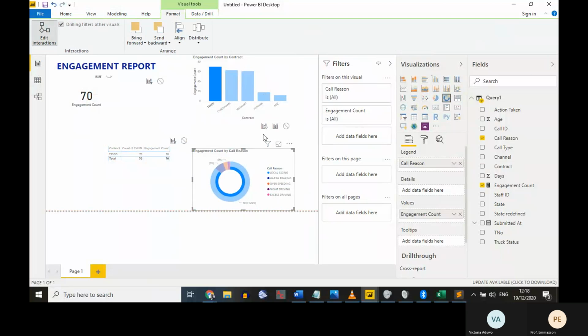So anytime I click on this particular one, filter this one. Instead of leaving everything together, notice the difference. One is highlight, the other one is filter. Highlight means just bring out for this one only, but filter is going to give you